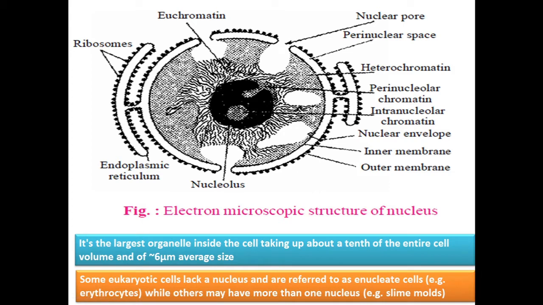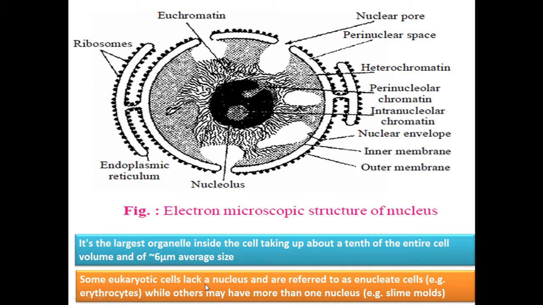The position of the nucleus I already discussed in my previous video, but again I will tell you. In animal cells, the nucleus is in the center, and in plant cells, the nucleus is pushed toward the peripheral space, near the cell membrane. Why? Because plants have large vacuoles, which push the nucleus towards the periphery. Now, it is the largest organelle, so it takes about 1/10 of the entire cell.